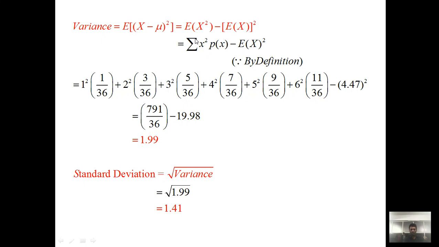Now, the first term is E of X square. So we have to apply the definition of expectation. We know that E of X is the sum of x into p of x, but in place of x we write x square. So we have to write down the sum of x square into p of x. So E of X square is equivalent to this term, which is just the definition of expectation, minus E of X square as it is. So the second term is as it is by definition.